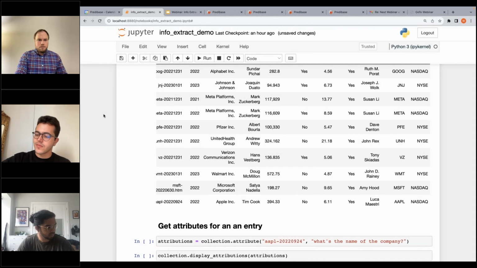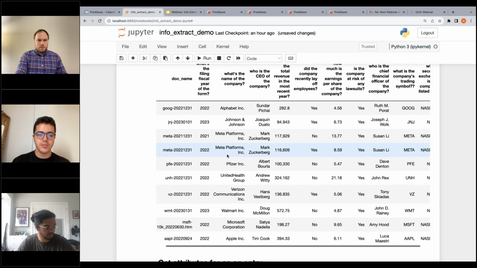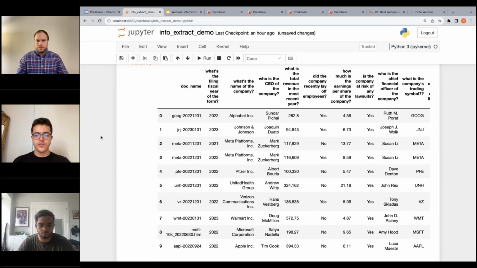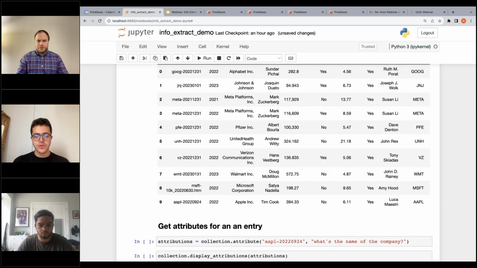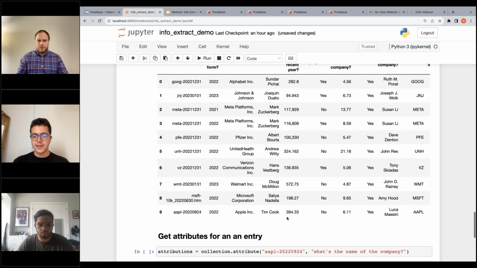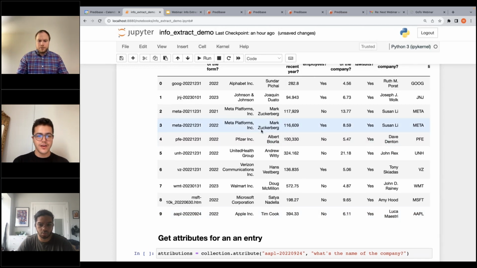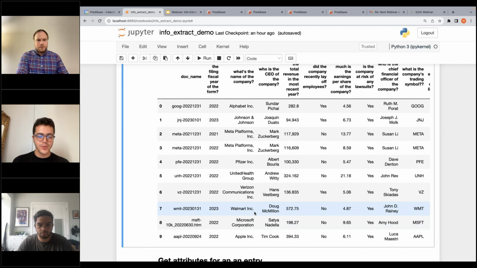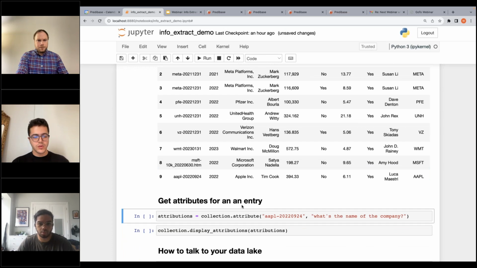All these answers that you see here are generated by LLMs, and even though there is a step that happens after the generation to validate these answers and to make sure the quality that you get is good, it's also very important to provide another layer of transparency. So if we would like to, for example, for Apple, get the sources of this answer, for this Apple Inc. answer, where did this answer come from? What parts of the documents did this come from? This is where we can run